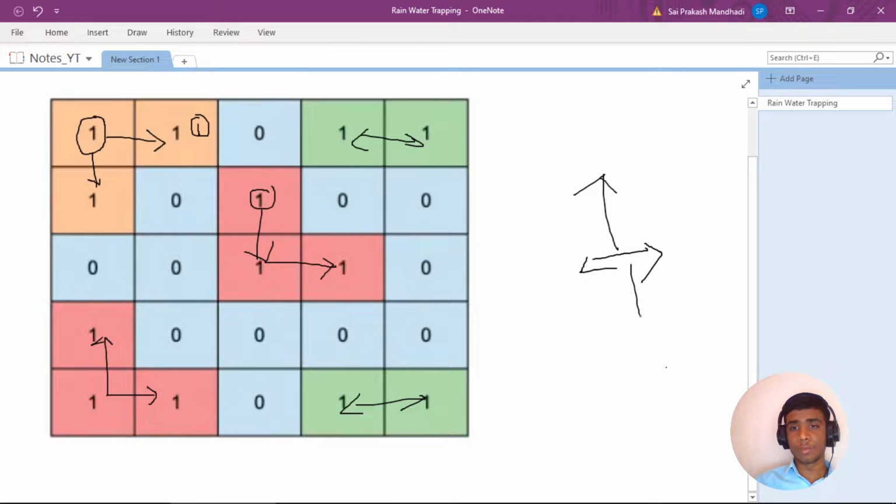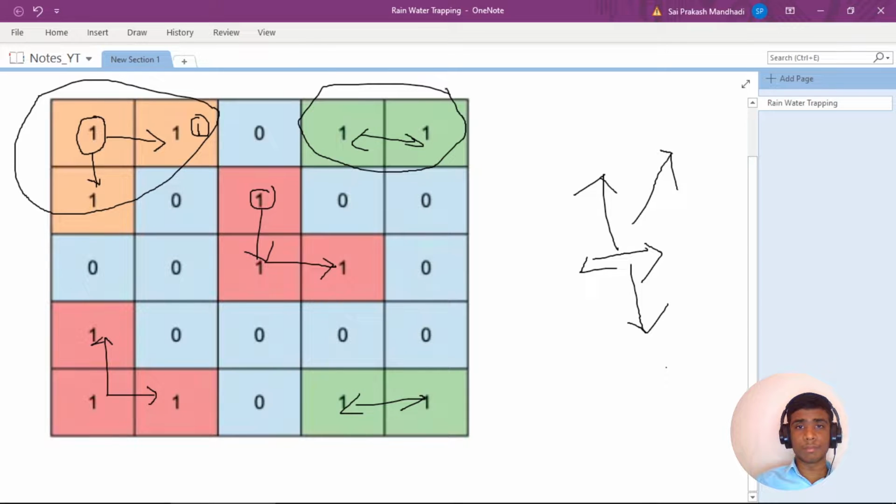We can look for connections to the islands in four directions, and we cannot look diagonally. And if there is water, then the island is disconnected. So this is everything that you have to know about this problem.